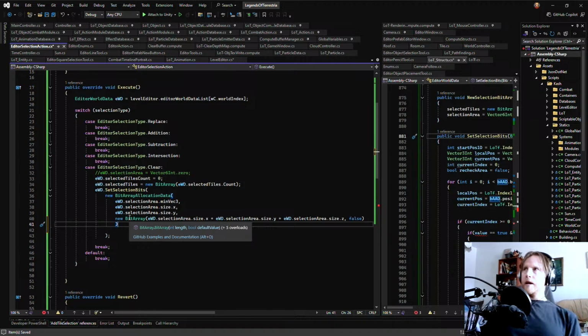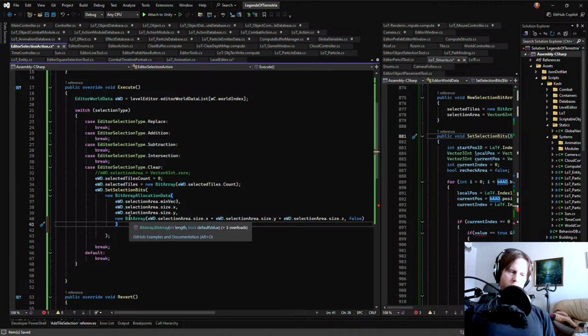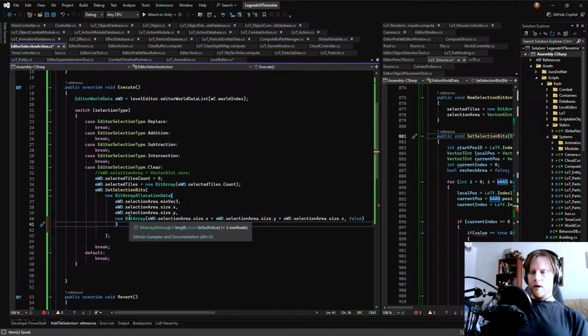And let's say I redo, and I want to redo the action that is ahead in the history list. Then we simply iterate the index up there, and then we execute the list of actions. So we go through the list, and then we just execute them in the same way that they were done initially.